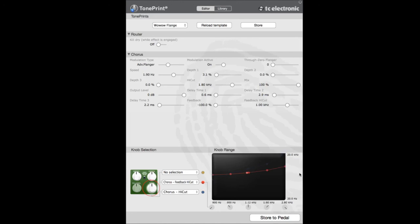starts at 800 hertz, which is the lowest that we'll start cutting things off from. So we're going to cut all the way down to 800 hertz off the top, and then that goes up to 900, 1.2 kilohertz, 1.6 and 2.8. So it's a very gentle curve, so there's not too much, but we don't want that metallic ring coming through. Feel free to push that way up if you want to hear that, but I found it to be quite brittle, and it really ruined the effect for me